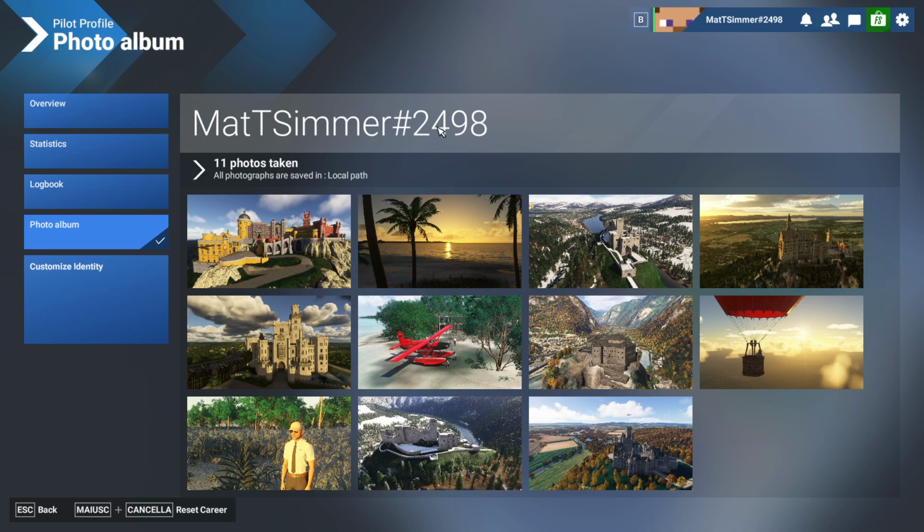Let me show you where you can find all these pictures. In my case, I took 11 photos, so we expect to find 11 images in this strange local path directory. So where is this local path? I think it depends on the source of your simulator. If you downloaded it via Steam, probably it will be in a different location than the one that I'm gonna show you. But if you downloaded it via Microsoft Store, via Xbox Store, I don't know how it's called,